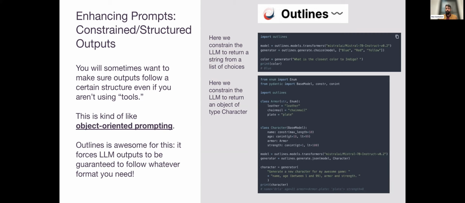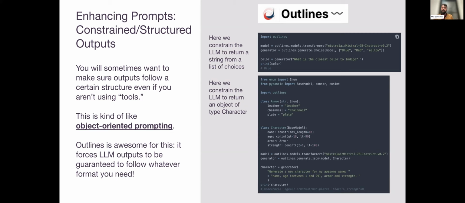They make it pretty simple to take open source models and run code that enforces at every moment when the LLM is sampling its next token, that sampled token satisfies a pattern. And that pattern could be valid JSON. That pattern could be each token needs to be a valid choice from the list. That pattern could be, I need the LLM to give me an object of type character, which is a Python class I just defined. All of these structures you can get with 100% guarantee if you use something like the